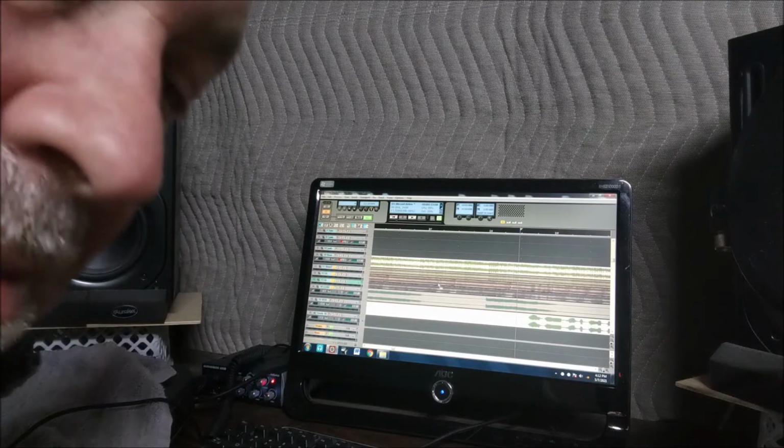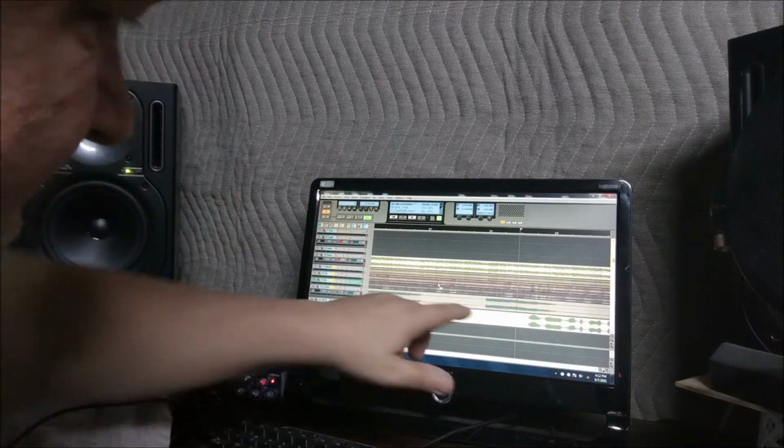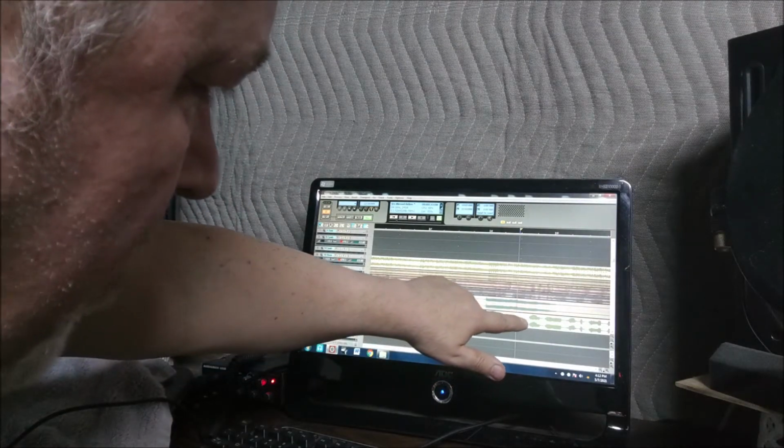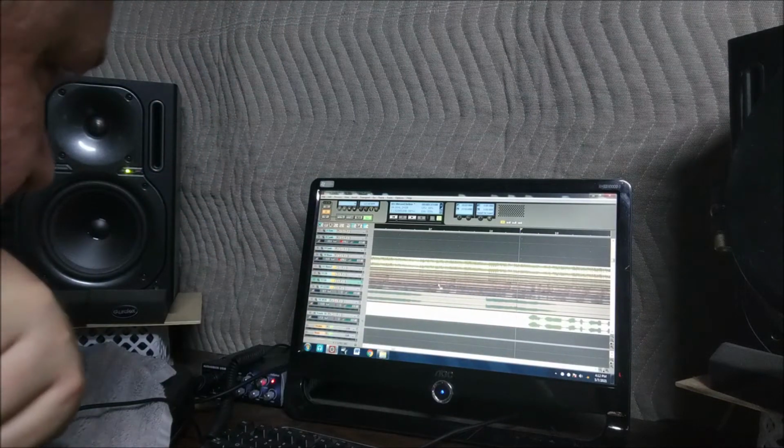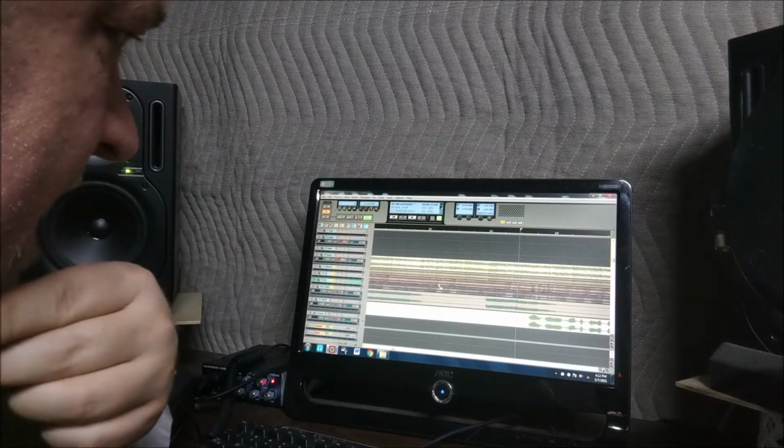Now the vocals come in here, and this is where the vocals start right here. I don't know how well you can see that in the shot. This song is all about